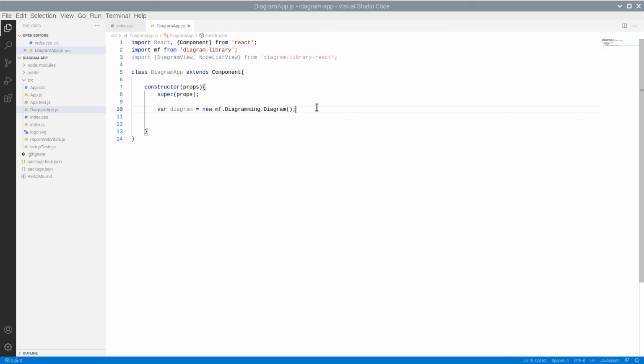Now we will initialize a new empty list. Then we initialize another array, which will hold the IDs of the shape nodes that we want to appear in the node list.